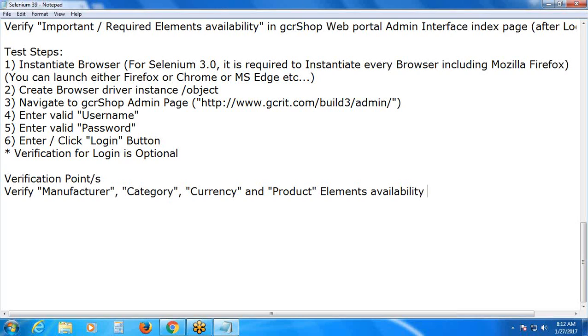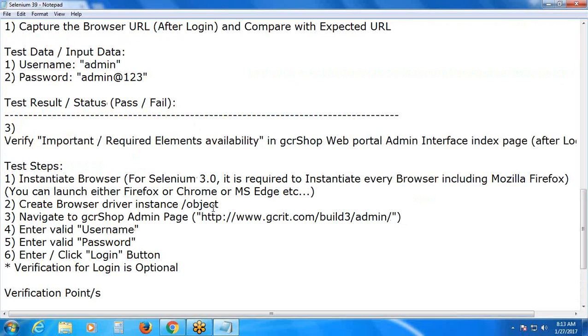Yes, sir. You can go for automation also, but manual is also very easy. Just enter a valid username and password, then observe the links. Just click the link, and the add page is available, add manufacturer is available. Okay, not only availability. Observe, you can extend this test case, Ravindra. Sir, in real time,